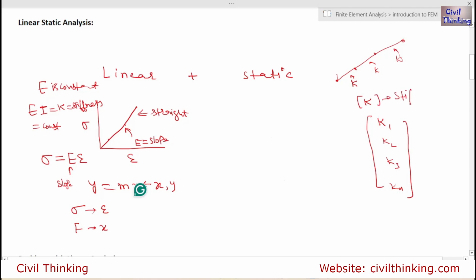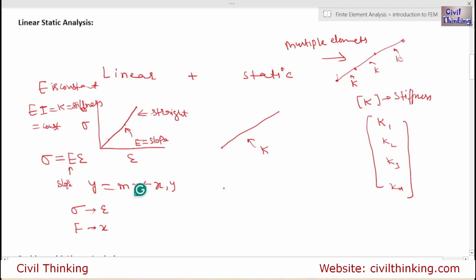There might be questions in your mind, because this is not a single body right now. This is multiple elements. When it was not discretized, it was single, and we would have talked about K. But since we have divided it into multiple discrete sub elements, we have multiple K's, and we arrange them together in a matrix. So we have a constant stiffness matrix. This is the concept of linear